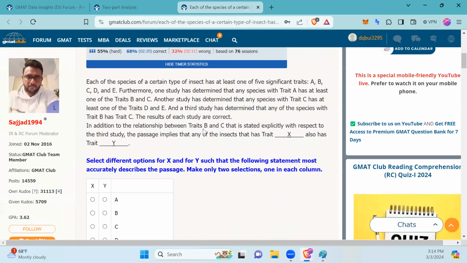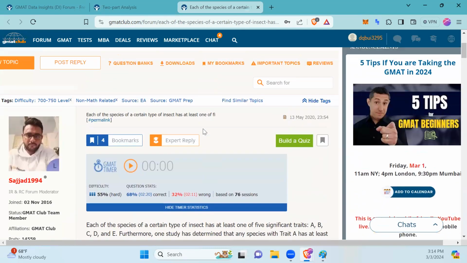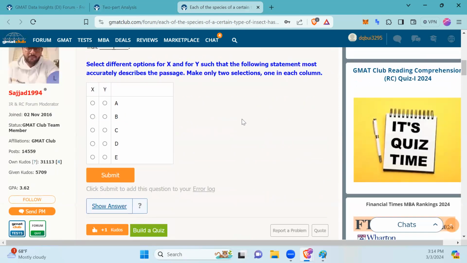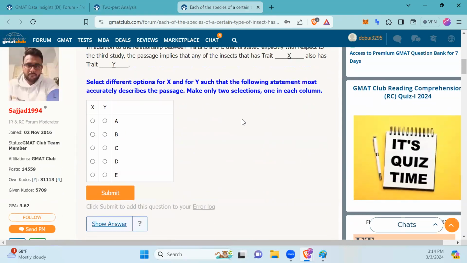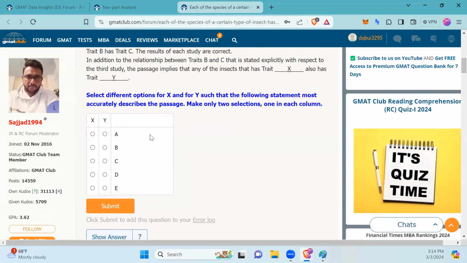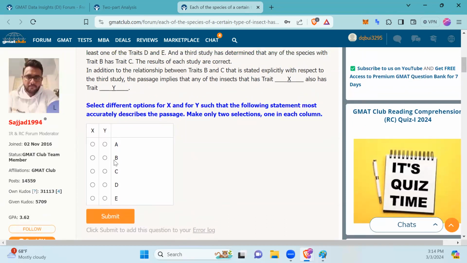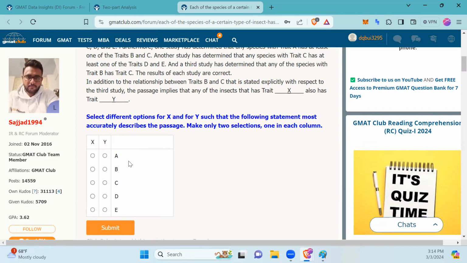All right, so for this last category, which is two-part analysis, it's kind of similar to the questions that we just did earlier, but the tricky thing is that we have to find two variables, and because we have to find two variables at the same time,